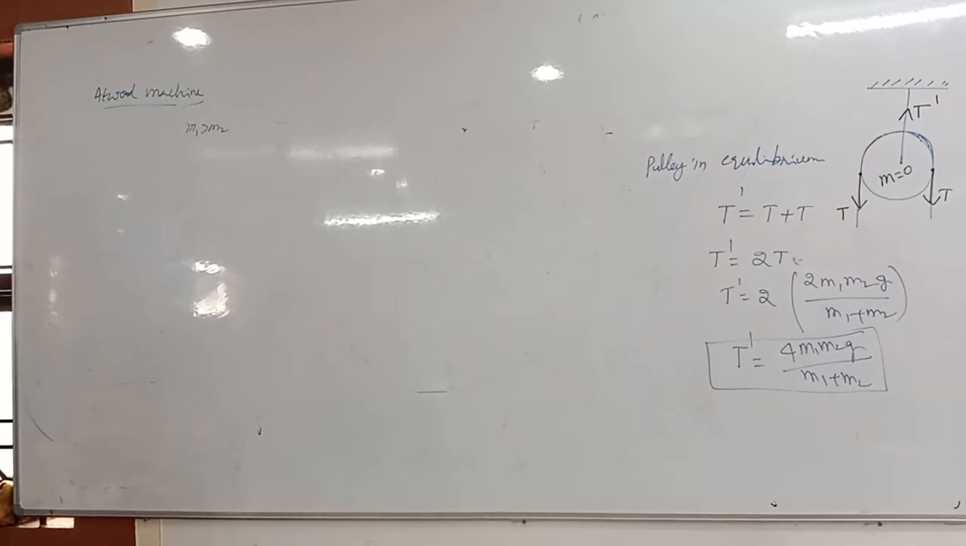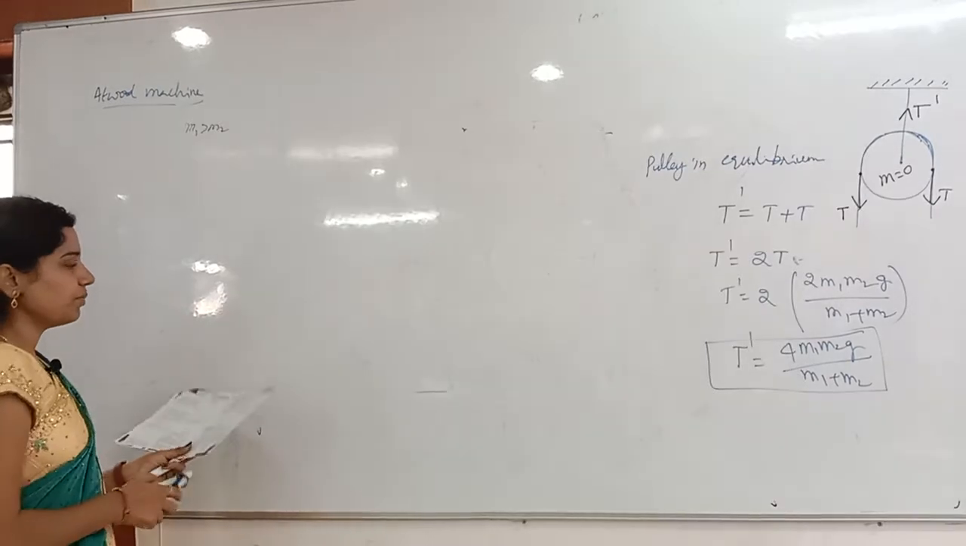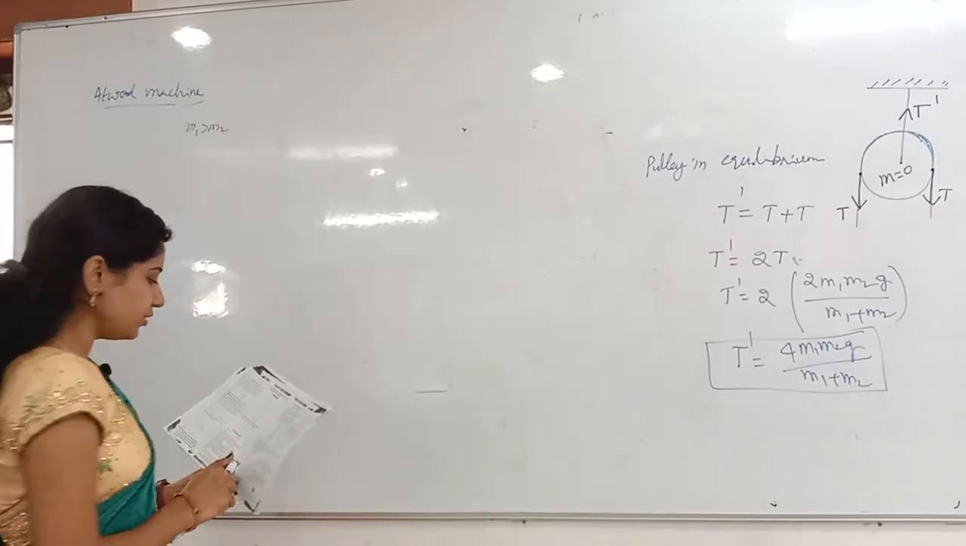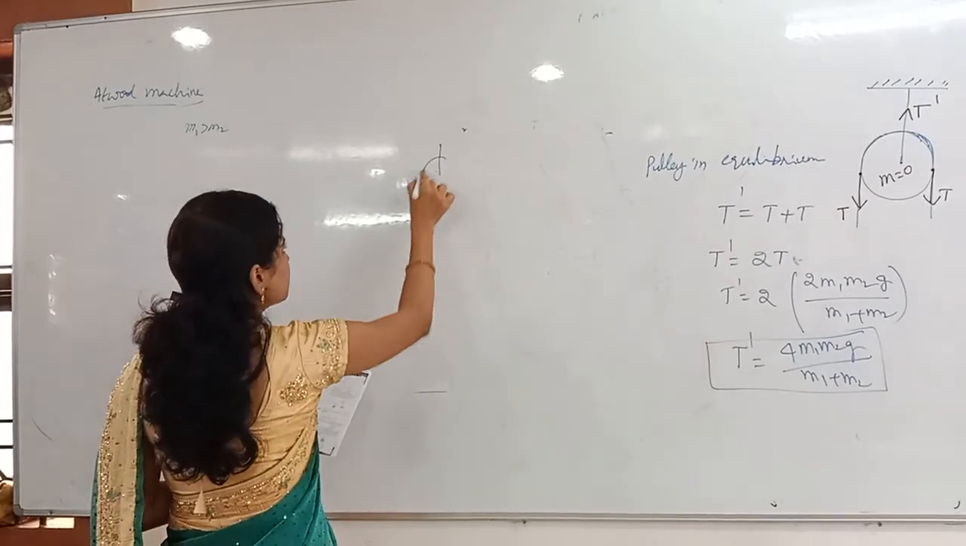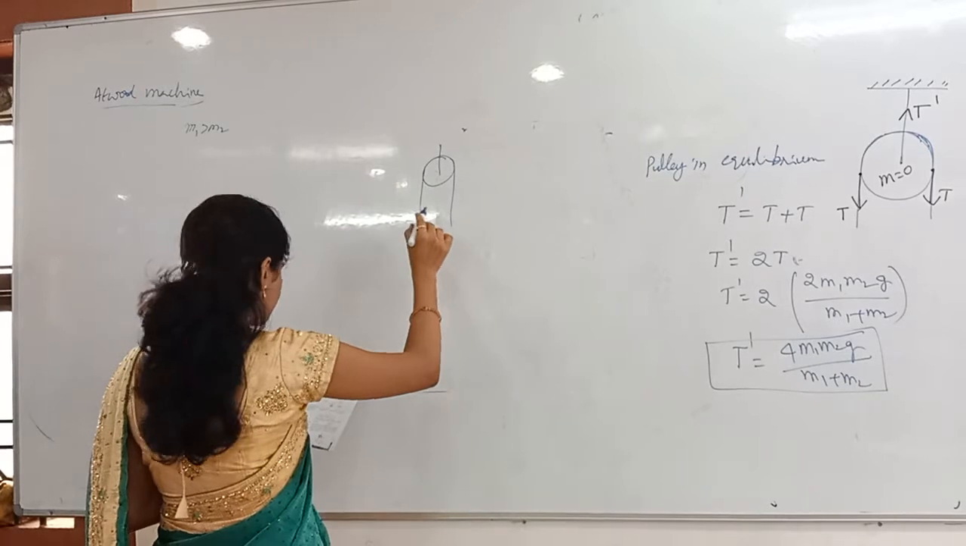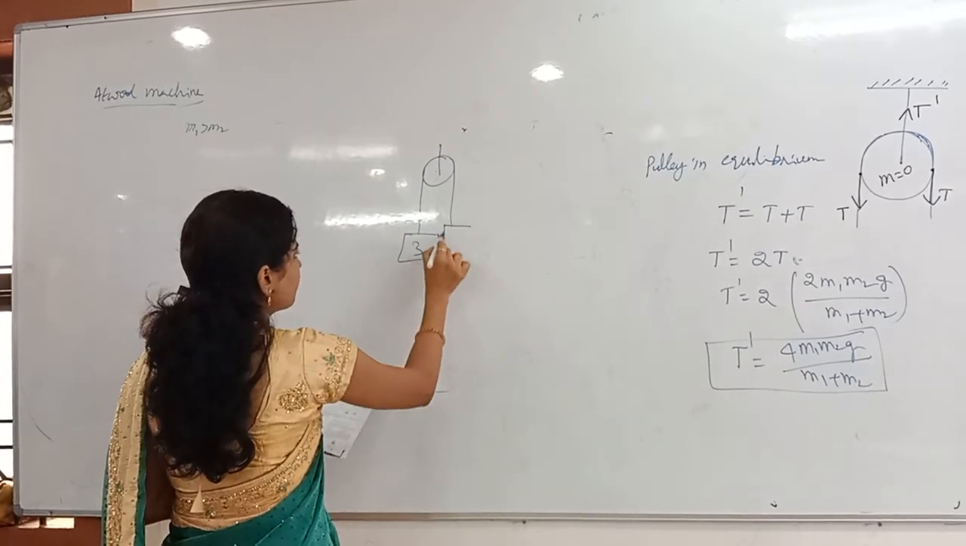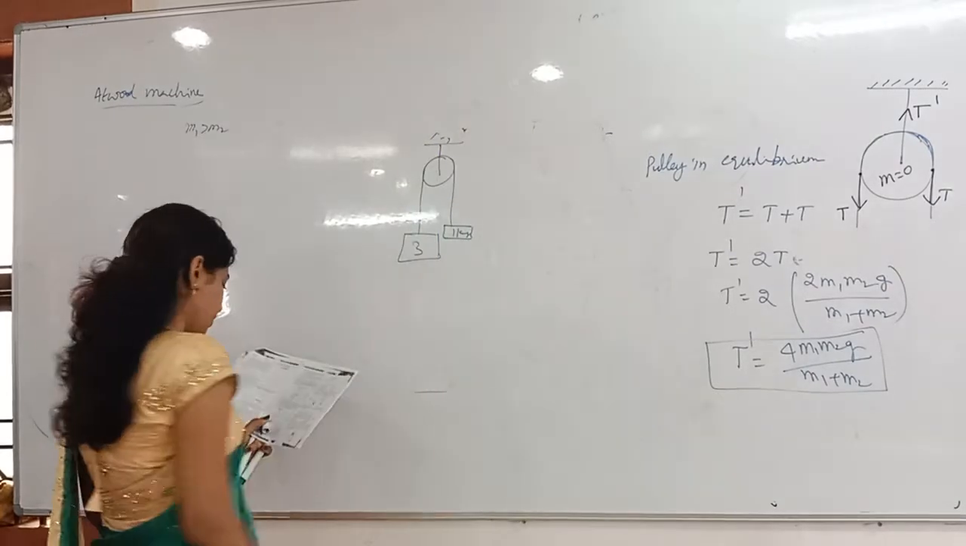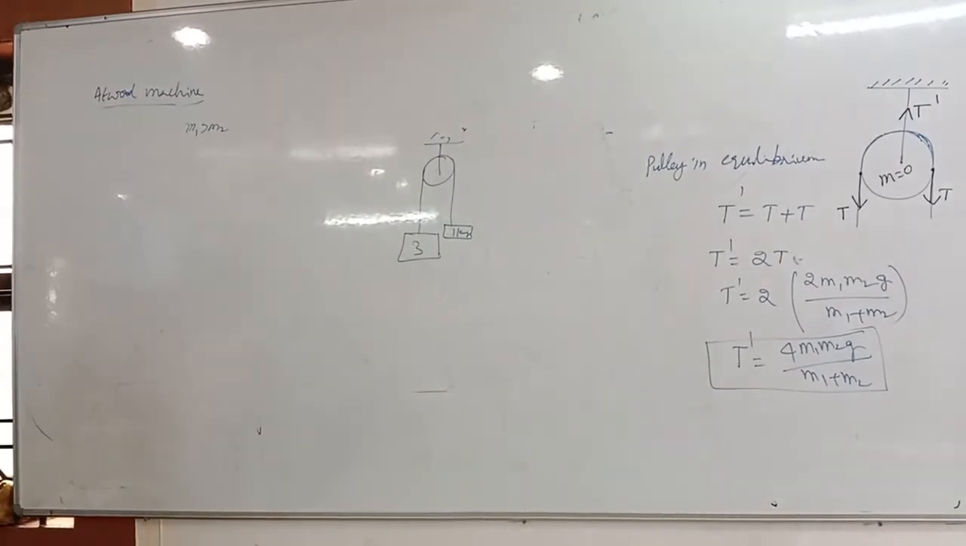Two masses. Write a problem. Two masses are connected by a weightless cord passing over a frictionless pulley. Then find